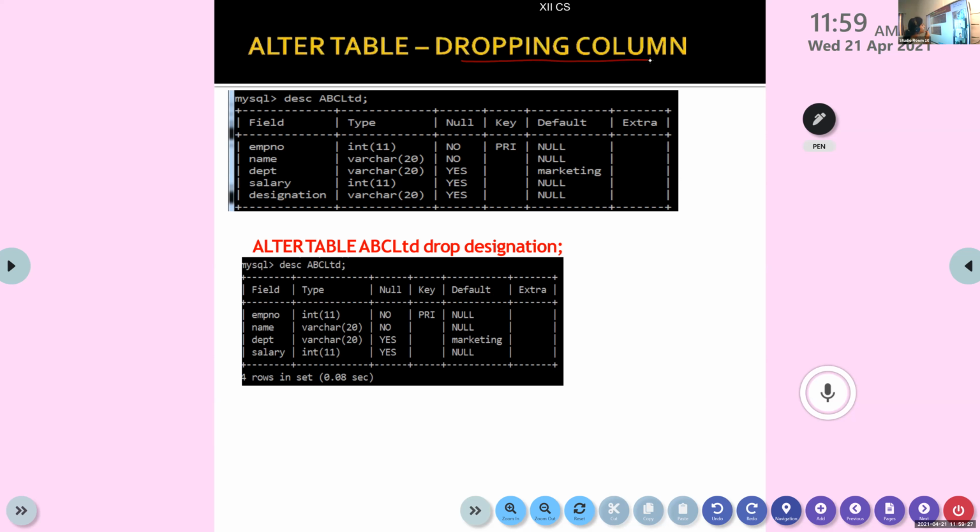The same way you can delete a column. When you delete a column, you can see that there is no need of specifying the data type here, only the column name. And the keyword should be drop.